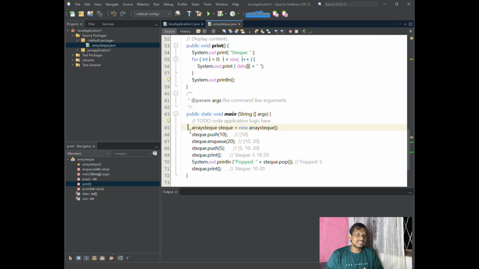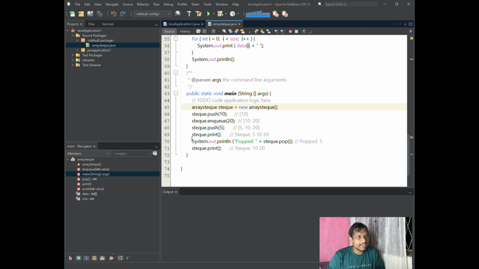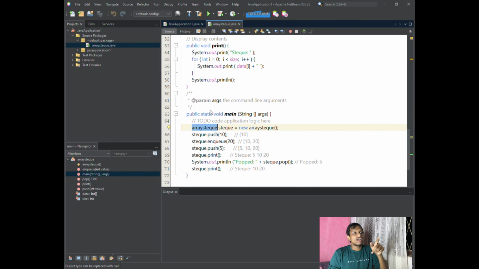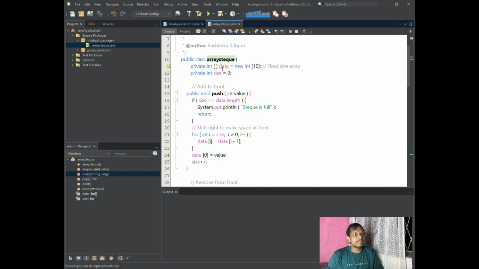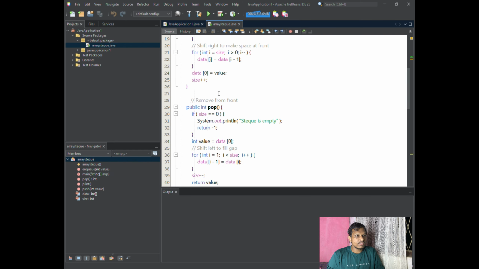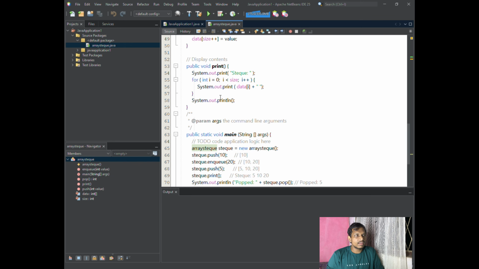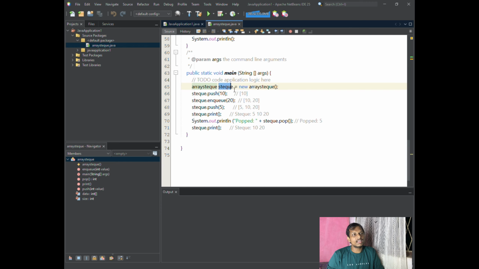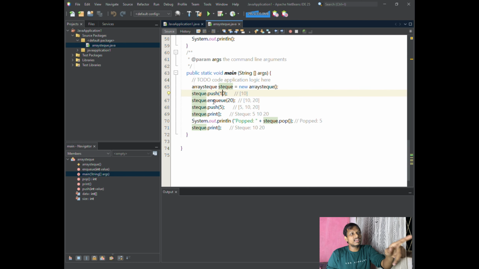It goes like public static void main String args, like this, and we create the ArrayStack object in our main class. After we create the object, we add our items. Firstly we add 10 using the push method.